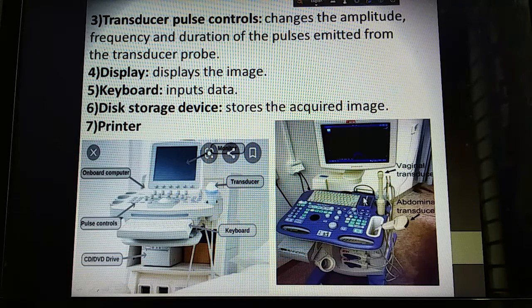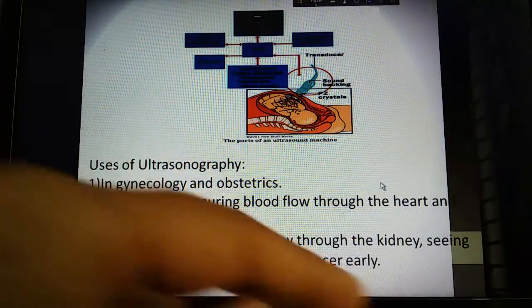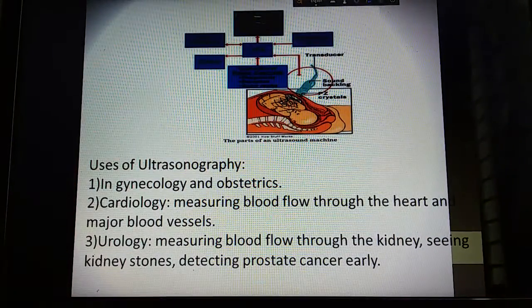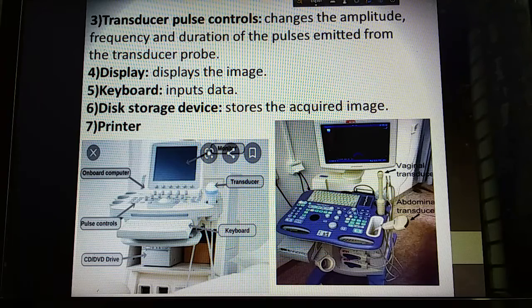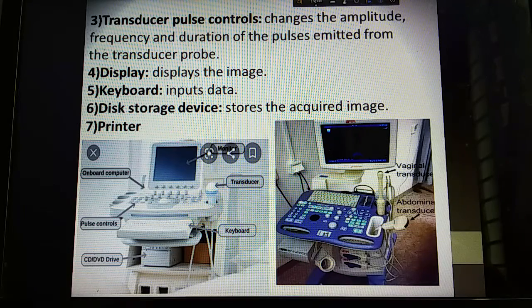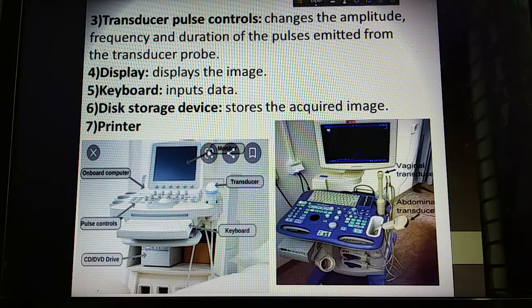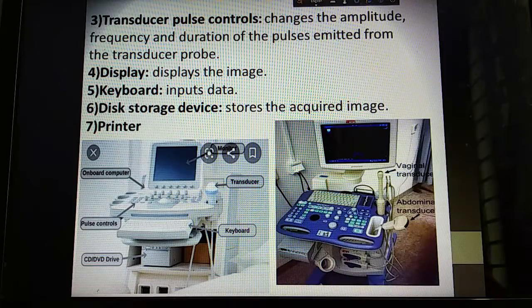Look here: for vaginal examination, the vaginal transducer is used, and for abdominal examination, the abdominal transducer is used. Here is a diagram related to